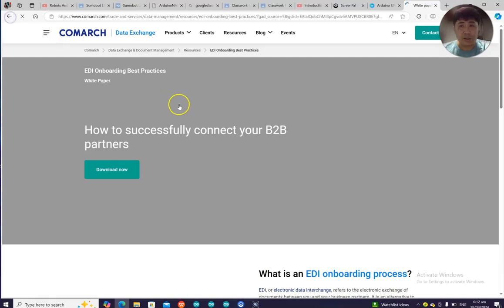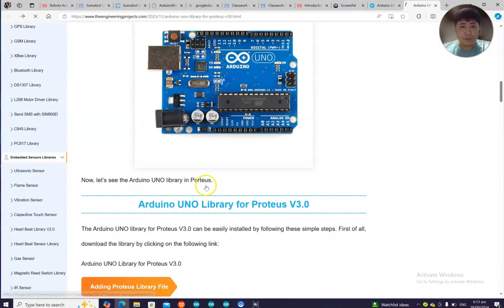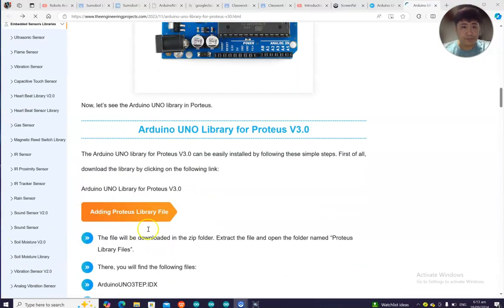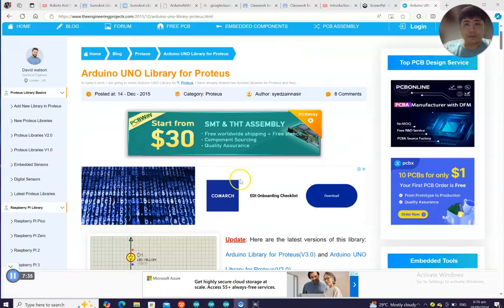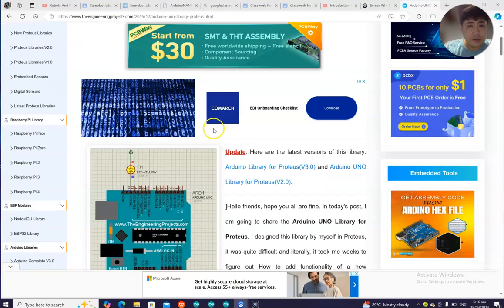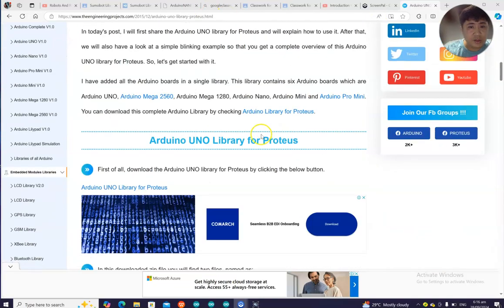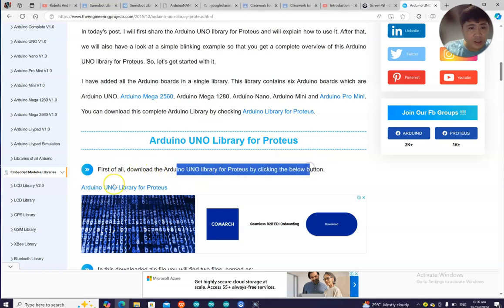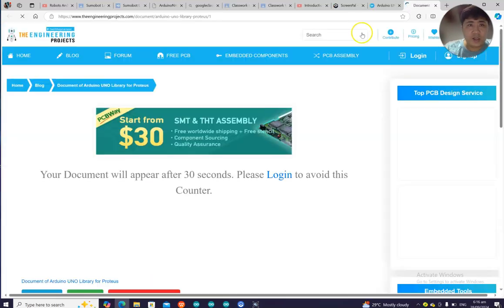Wait, I clicked the wrong button. Okay, so here at the start, click this one. You find Arduino first, download Arduino, and then you click this small one. Then it will download.